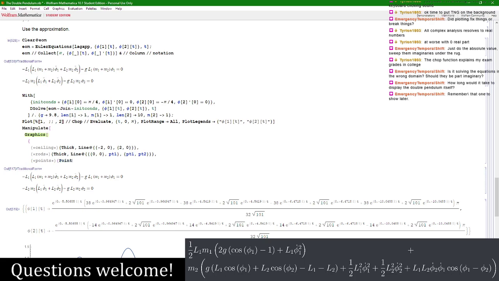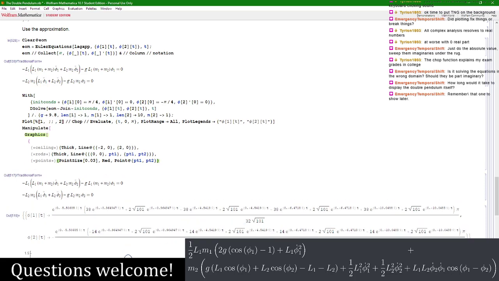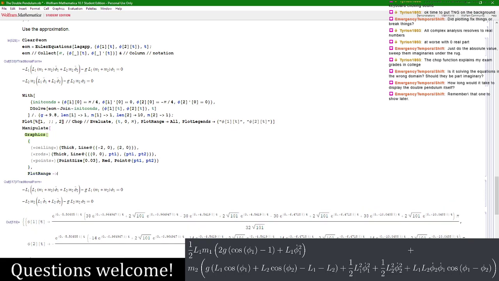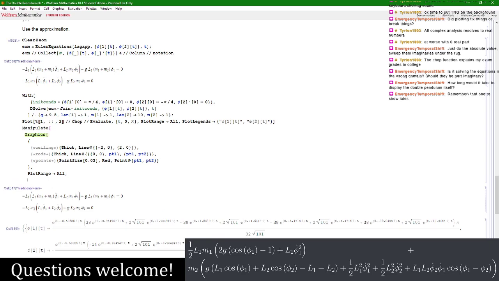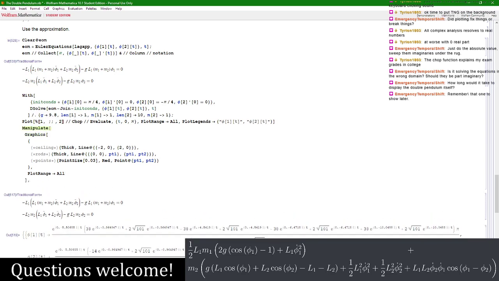And then we say, okay, these are all going to, wait, no, points aren't there. Points have point size of 0.03, and then they're going to be red points. And then the points, oops, go from point 1, or there are points at point 1 and point 2. And then that's all the points we want. And we're going to say plot range goes from, well, we're going to say all, because that should include the ceiling line. And so, after all that, we can say,